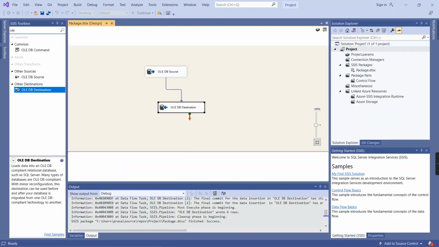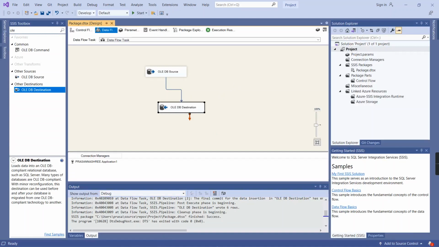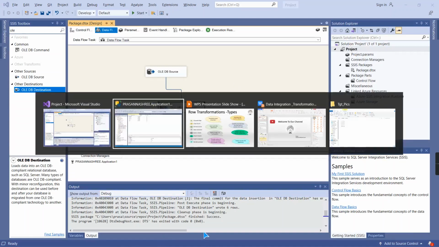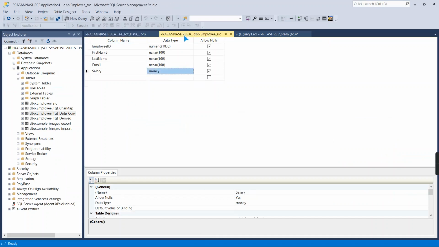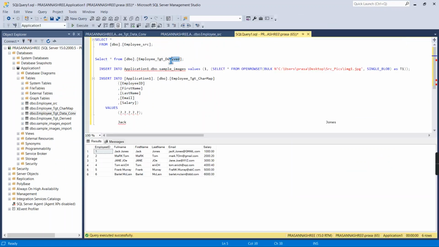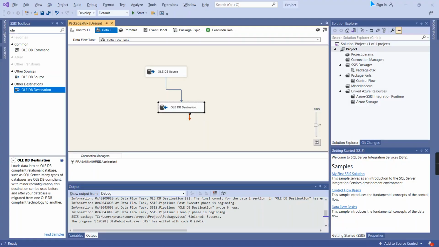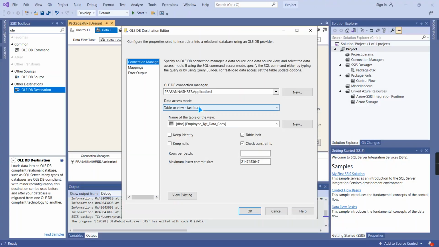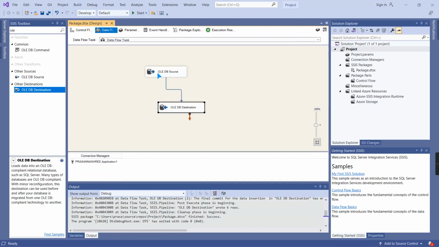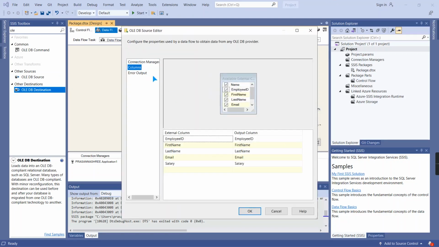We will see whether data populated properly or not. So it has taken already by default, by implicit conversion, it has populated salary column value. So it has not thrown any error. So you can see here in SSIS it automatically converts money data type to string automatically. Okay.